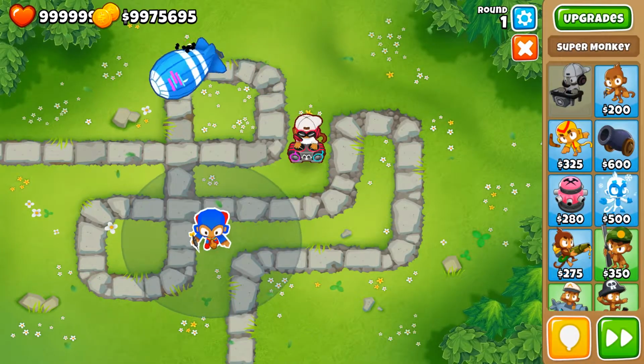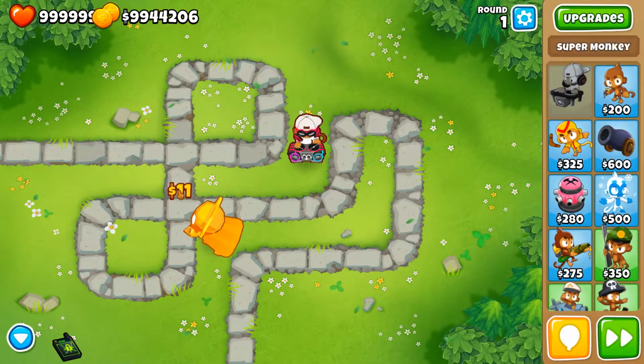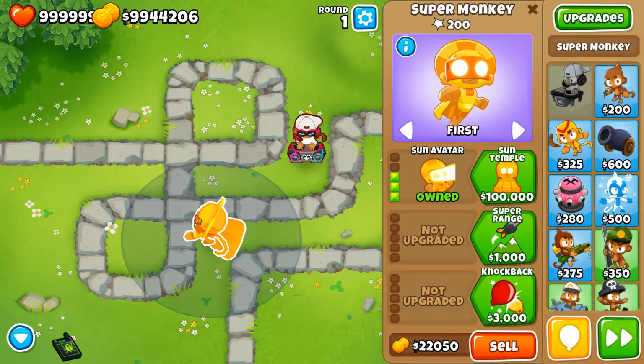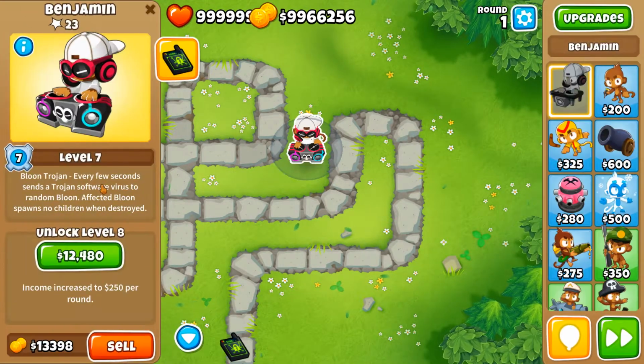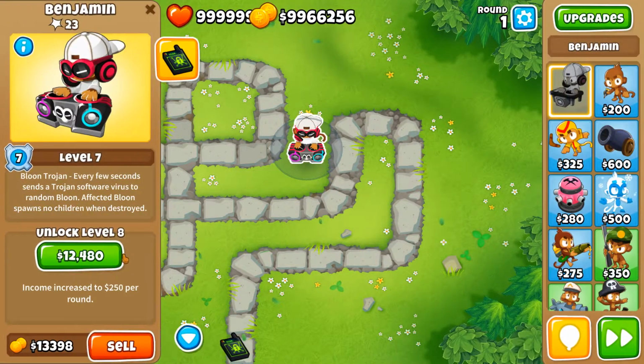Now if I place here whatever other tower and I just pop the mob layer, you can see that you don't have to deal with the 4 ceramics, but you get some cash instead. So those 11 cash that you saw right there was the fact that this passive, depending on the bloon, is gonna give you the amount of cash